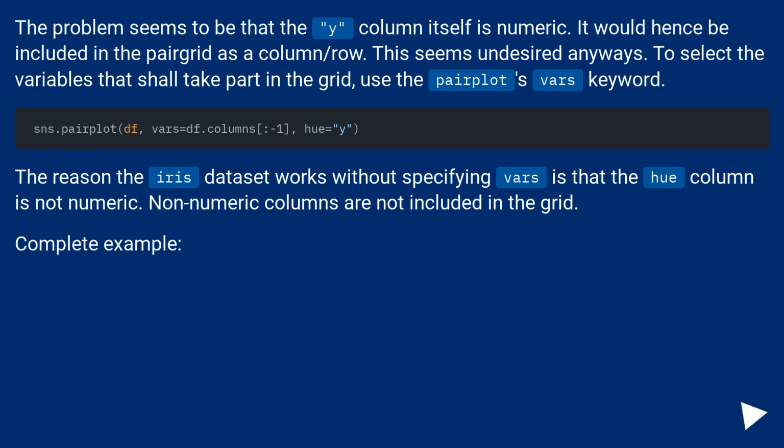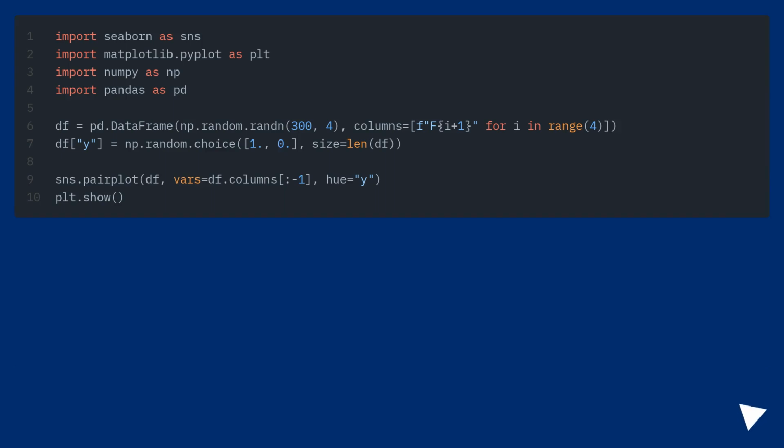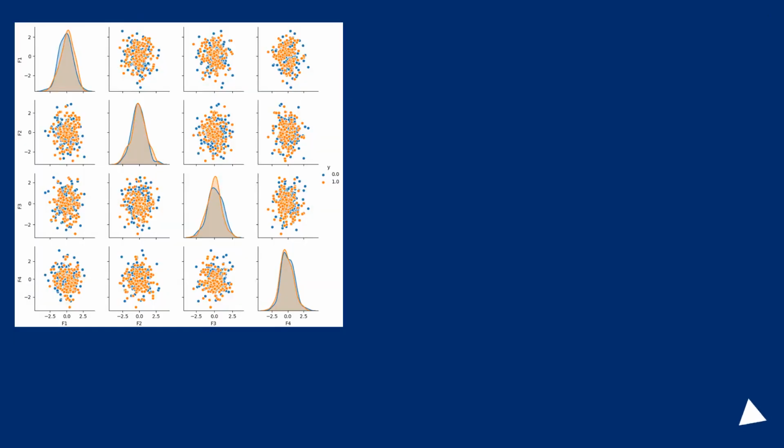The reason the iris dataset works without specifying vars is that the hue column is not numeric. Non-numeric columns are not included in the grid. Complete example. Seaborn.pairplot